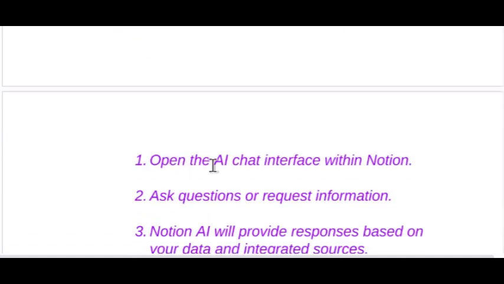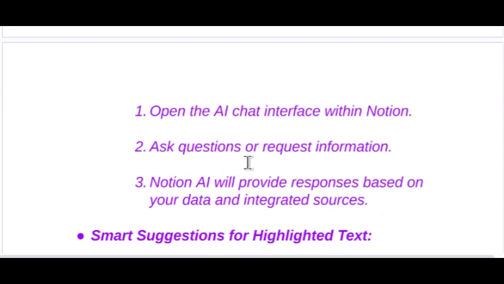The first thing you need to do is open the AI chat interface within Notion. Then you ask questions or request information, and Notion AI will provide responses based on your data and integrated sources. It's as simple as